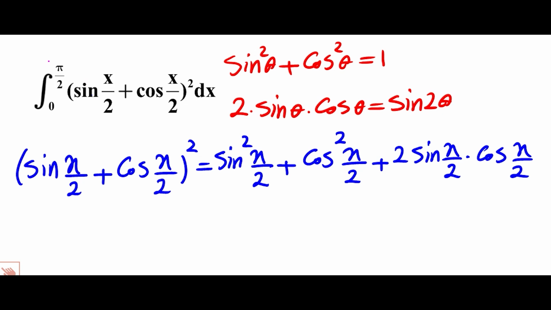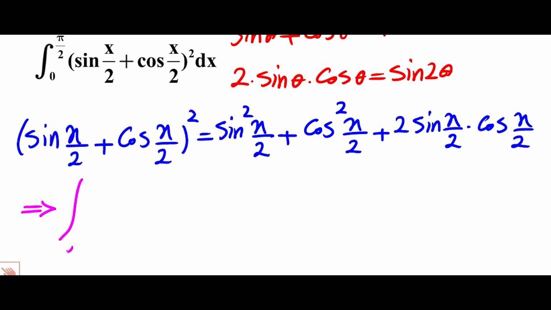So the integral from 0 to pi over 2 becomes sine squared x over 2 plus cosine squared x over 2, which is 1, plus 2 times sine x over 2 times cosine of x over 2, according to this formula. In this formula, theta is x over 2. So we have sine of 2 times x over 2, or sine of x